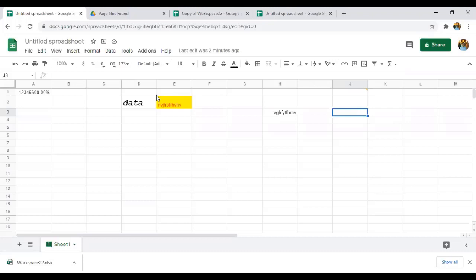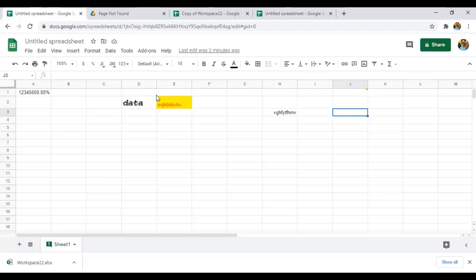And one more feature is that he can track any changes that have happened in the data, and he can format the files too, and it allows multiple users to work simultaneously in the sheet at a single point of time. So these are the main uses of Google spreadsheets.